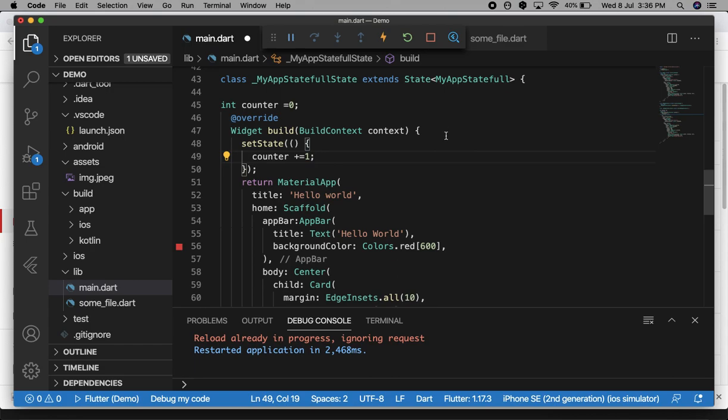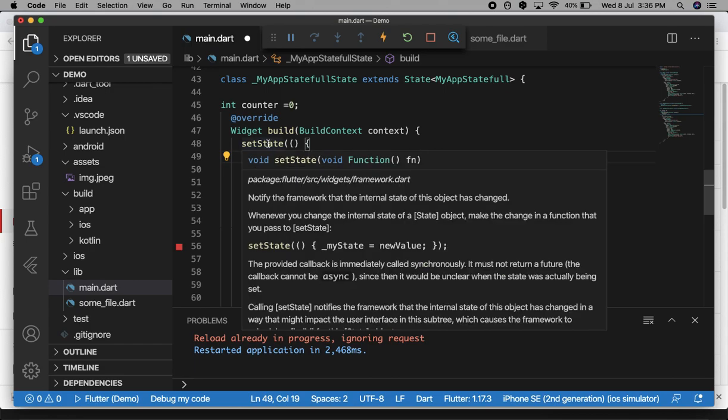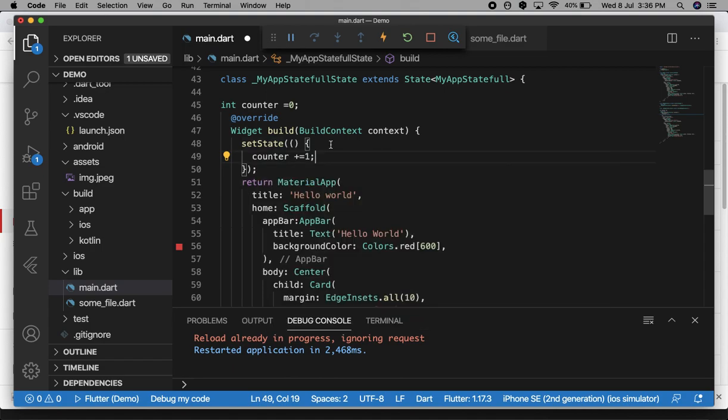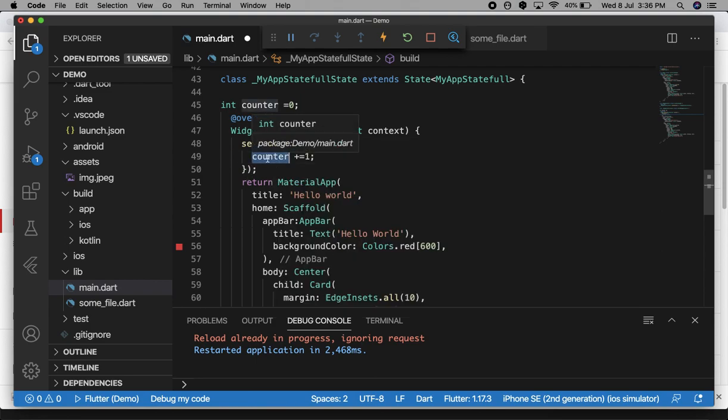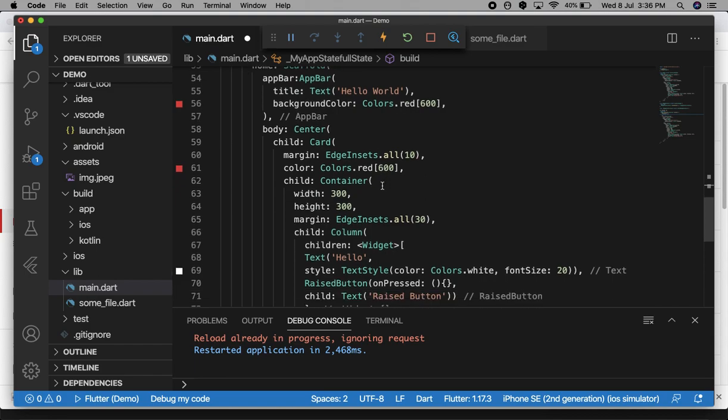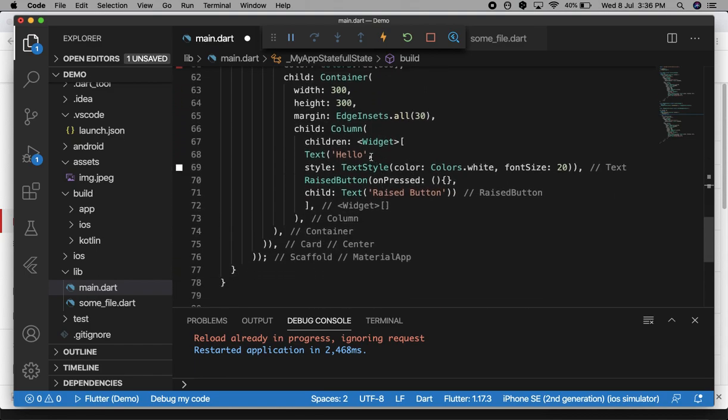Whenever the state is changed, this setState method will be called, and then the build method will run again and it will update this counter. So in the text view I'm adding this value here.